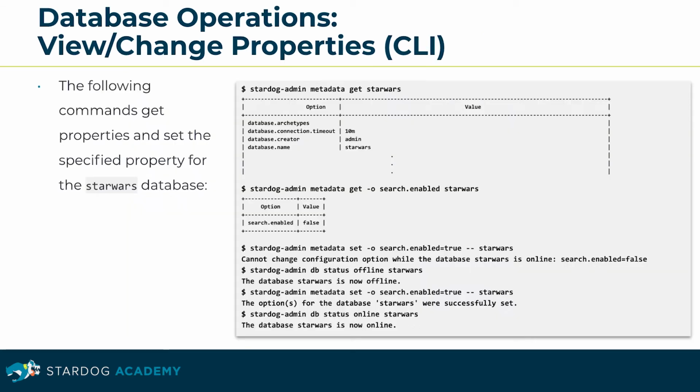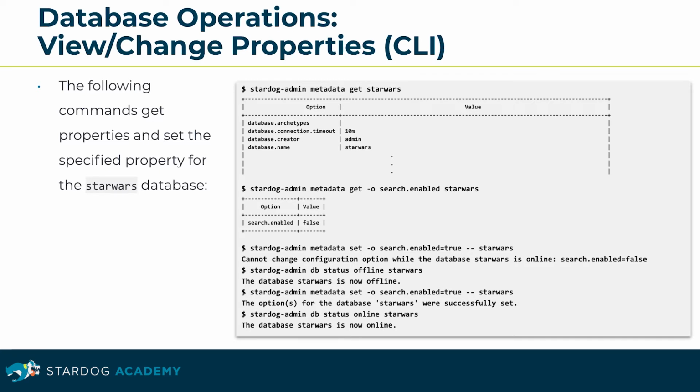To view or change database properties using the command line interface, use the stardog-admin metadata command. The command stardog-admin metadata get StarWars will print out all properties of the StarWars database. You can also view a particular property of the database using the metadata get command with the -o option. For example, the command stardog-admin metadata get -o search.enabled StarWars will print out the value of the search.enabled